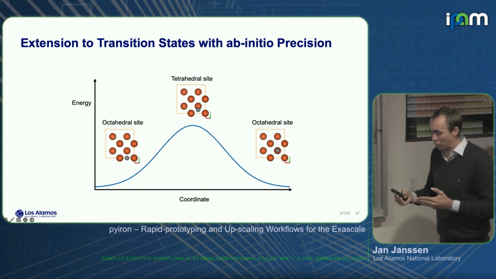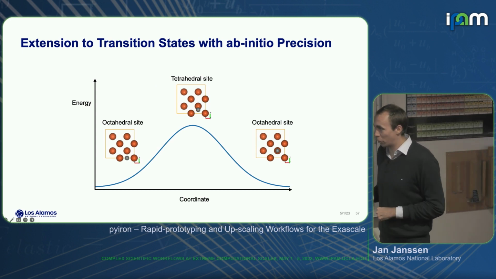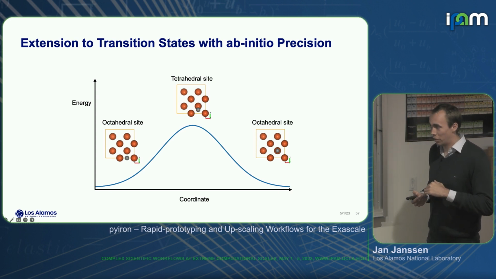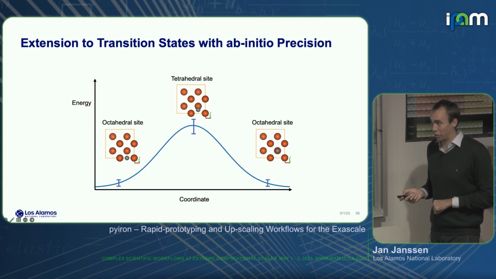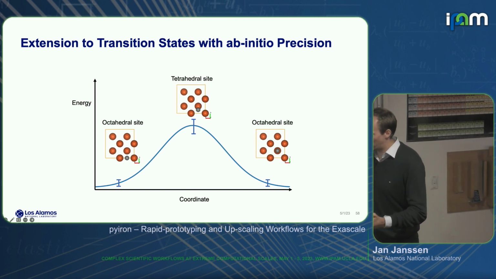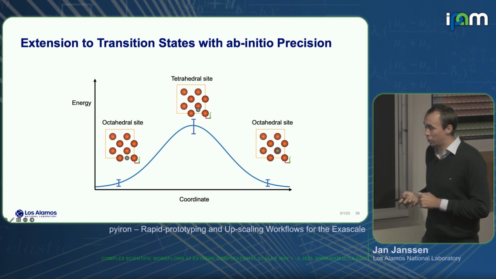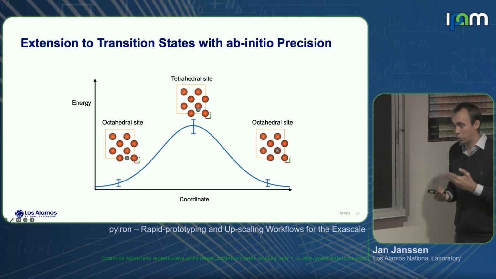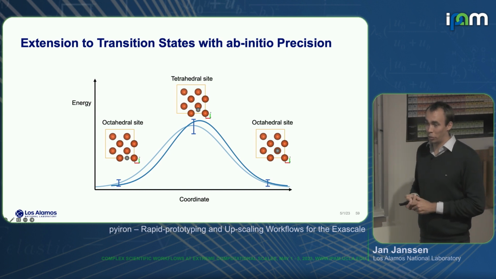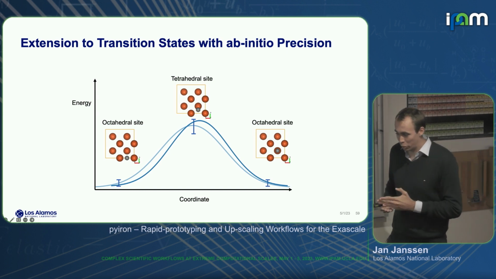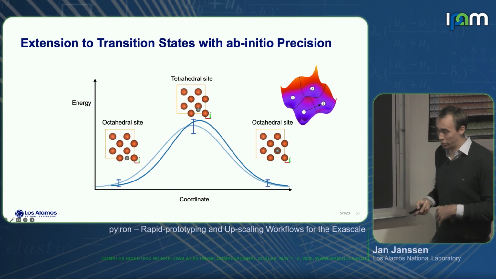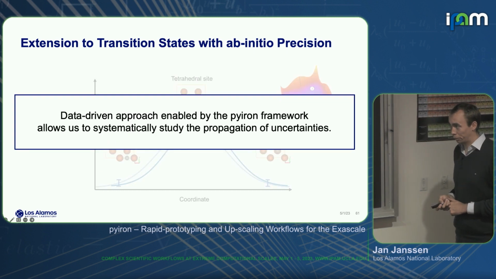So what does it mean? What's the current state, or where are we now? Right, so in the end, we really want to understand the transition barriers and how the uncertainty is affected there. I just show this here in terms of a carbon atom transitioning from the octahedral site to the tetrahedral site and then to another octahedral site. And we really want to put an uncertainty on this barrier and see how the barrier could shift within this uncertainty. So we'll be able to make quantitative predictions on the long time scale calculations and for diffusion properties.